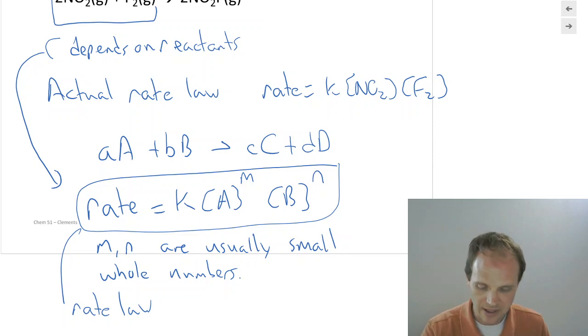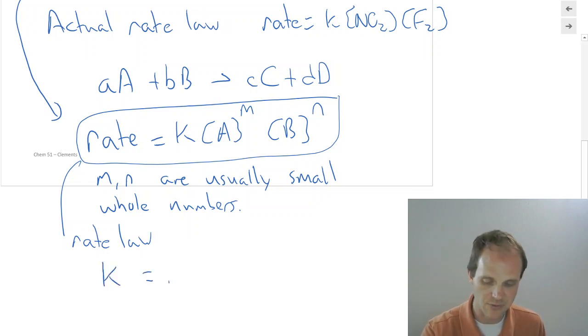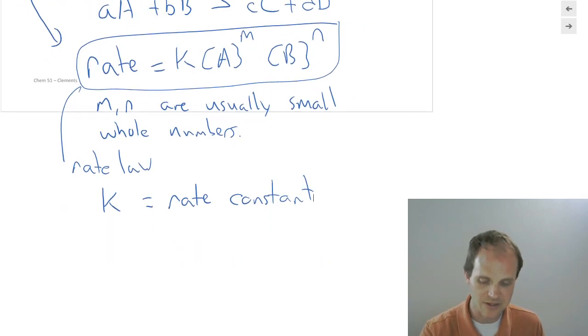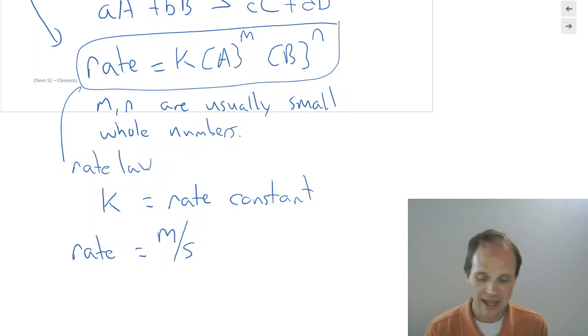So we're going to do that. That is our rate law. It relates rate to concentration at a given moment in time. K is what we call the rate constant. It is the proportionality constant between the concentrations of A and B and the rate. Rate, like I said, is normally measured in units of molar per second. It doesn't have to be. It could be molar per hour. It could even be molality, but most people will use molarity, and they'll use seconds. Okay? And it turns out you can get all sorts of different units for K. We'll take a look at some of them as we go through.